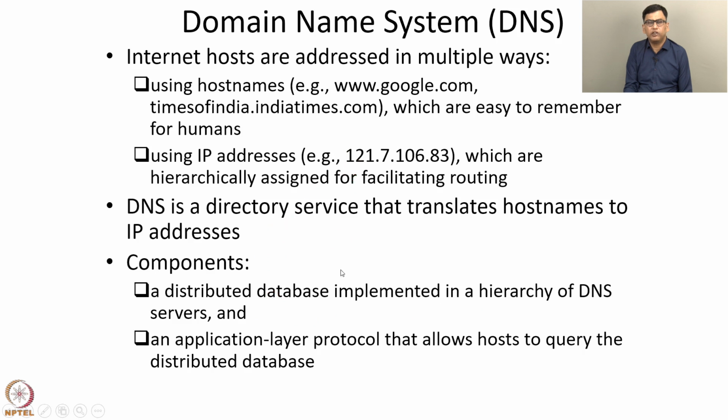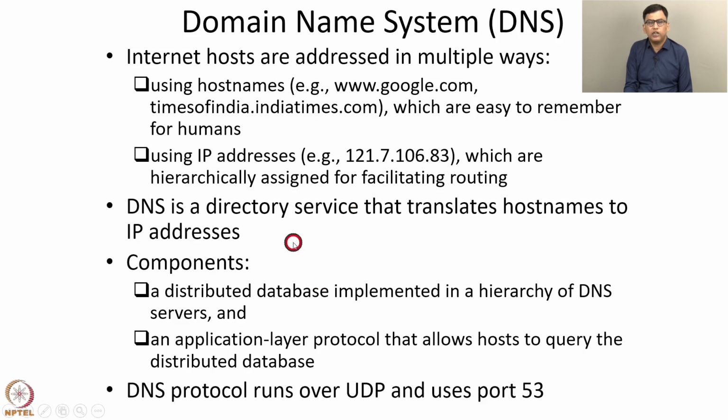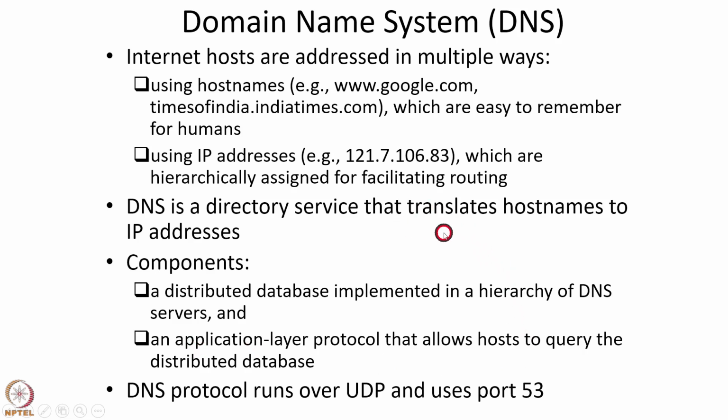So this is DNS. We provided a very brief overview of DNS. It performs the service of translation between host names and IP addresses. We will use the knowledge of DNS later during our discussion of firewalls and intrusion detection systems. Another fact about the DNS protocol is that it runs over UDP and it uses port number 53. So the DNS server runs at port number 53, and a host which wants to contact a DNS server should send a packet to port number 53. So this concludes our brief review of DNS.